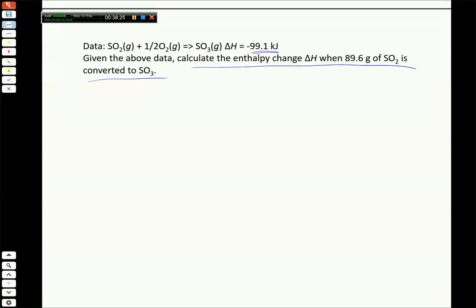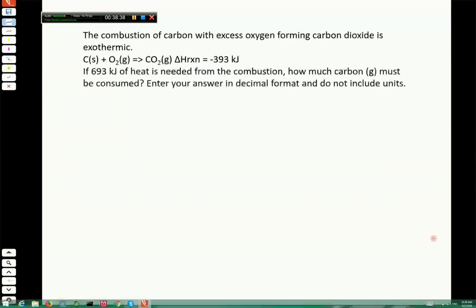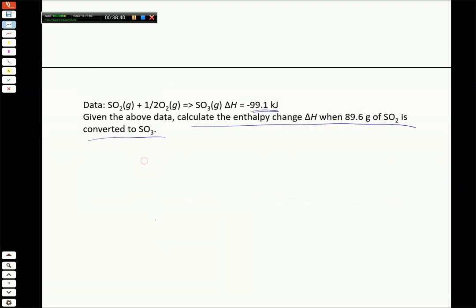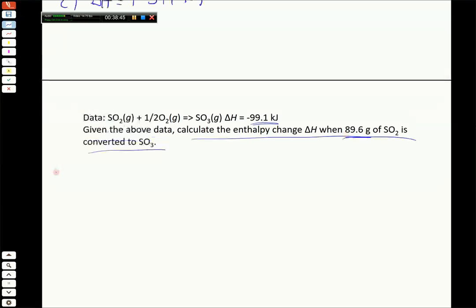So this question is exactly like a stoichiometry problem. We know from the chemical equation up here that when 1 mole of SO2 reacts, the enthalpy change is minus 99.1 kilojoules. Here what we're trying to find out is what is the enthalpy change instead when 89.6 grams of SO2 is converted to SO3. So we're looking for delta H, and we set this up exactly like a stoichiometry problem. We have 89.6 grams of SO2, and just like any stoichiometry problem, the first thing we should do is convert that to moles